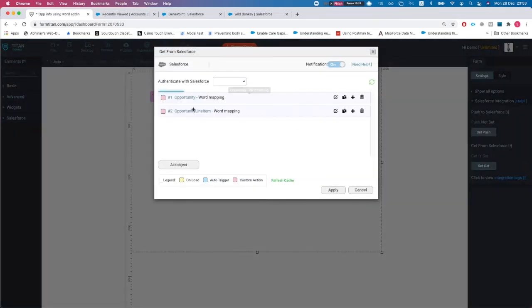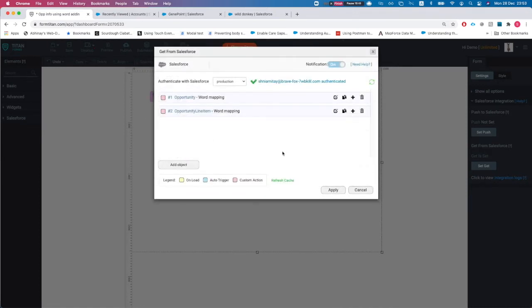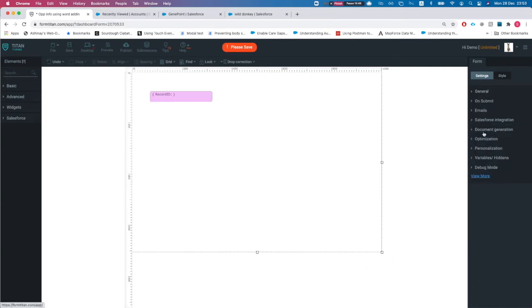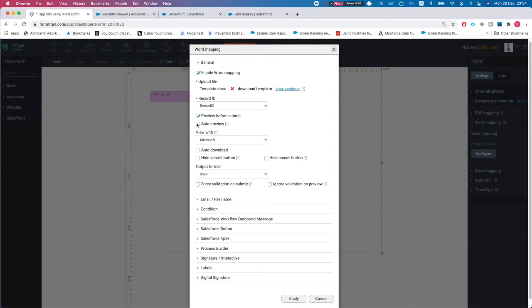And if I head over to the get, let's just make sure we're authenticated, everything is cool, and I have the word mapping for the opportunity, and I have the opportunity line item word mapping as well. You do not need to touch them unless you're going to do some interactive forms, which we will show a little bit of as well. I'll hit apply, and next up, first thing you can do is head over to your word mapping. If you want to preview this directly on the form, then we will do preview before submit, auto preview, and